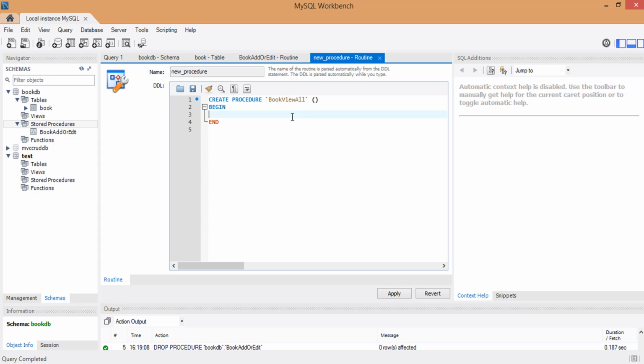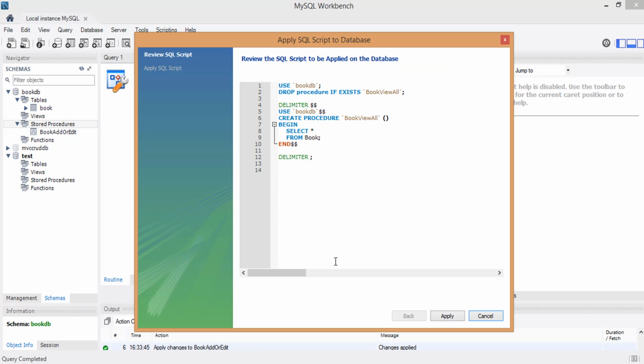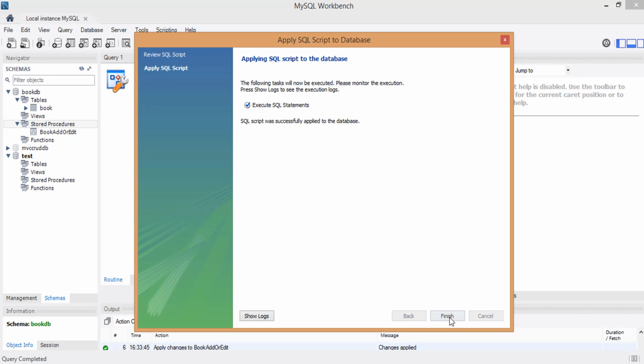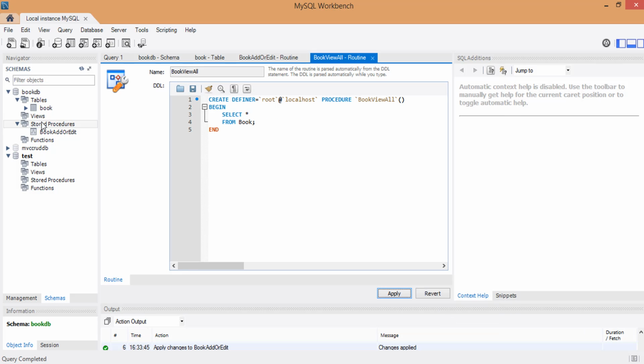In this stored procedure, we will retrieve all the records from our table book. We don't have any parameter for this stored procedure. Select star from book. Click on apply, then click on apply here, click on finish. Right click on stored procedures, click on create stored procedure. This stored procedure name will be book view by ID,